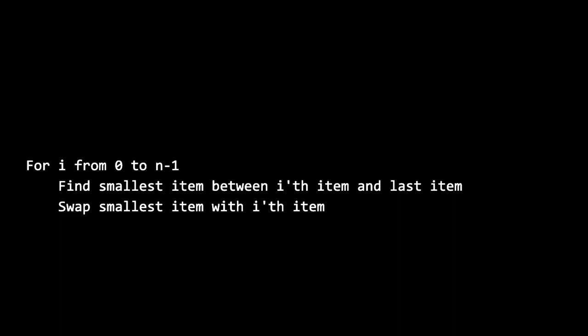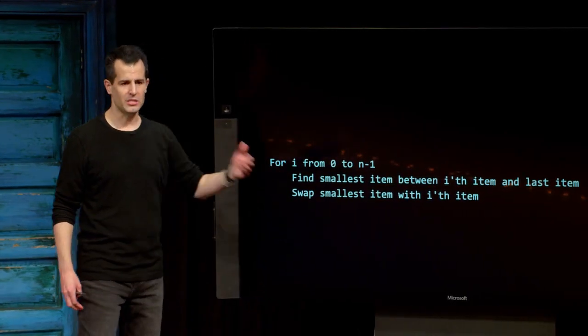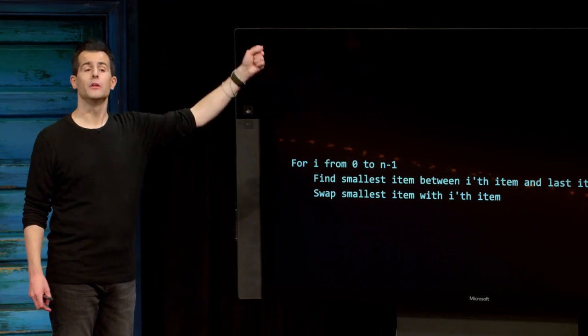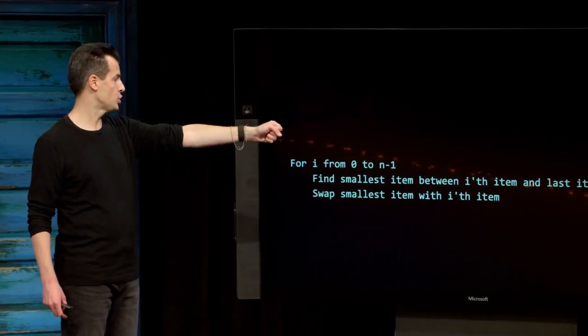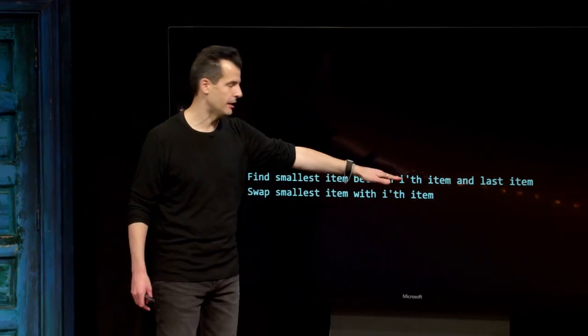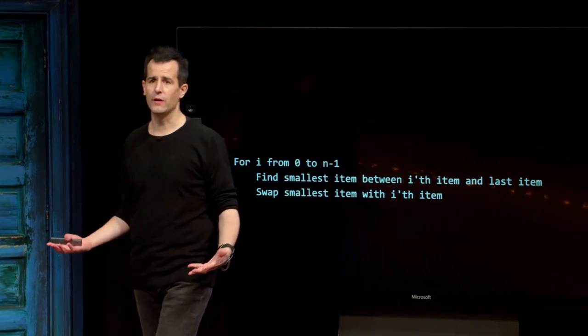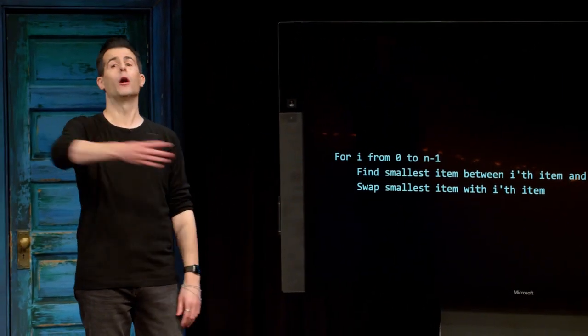All right, now what do I want to do on the first iteration? Find the smallest item between the ith item and the last item. So this is not quite obvious, I think, at first glance, but I do think it's a fair characterization of what Brian did. Because if i is initialized to 0, that was like Brian pointing his left hand at the first number on the very left of the shelf. And what he then did was he found the smallest element between the ith item, the first item, 0, and the last item. So that's kind of a very fancy way of saying, Brian, find the smallest element among all